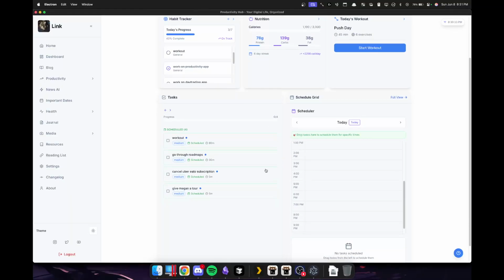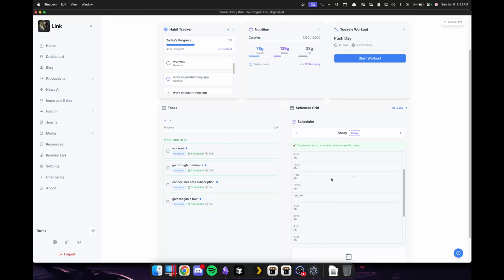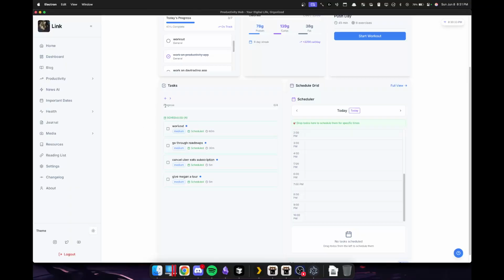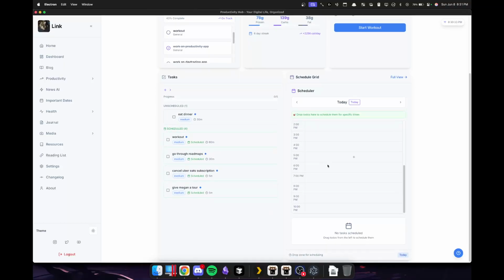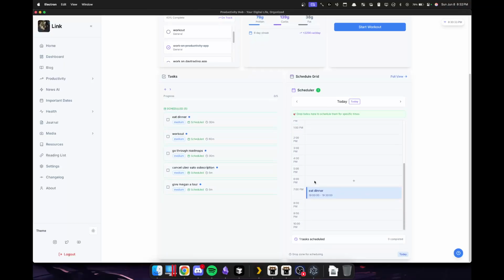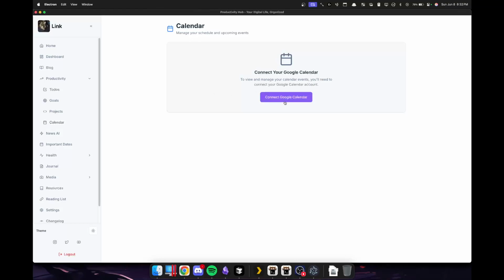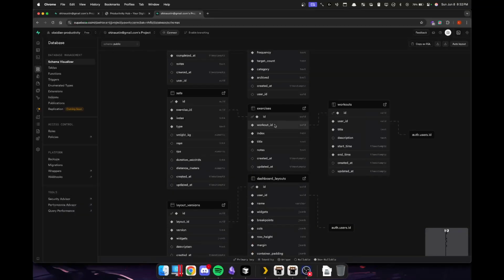Before it was kind of static, but now you're able to just drag through. So if I wanted to create a task like eat dinner, I can create it, and then I can drag it over here, and it'll populate. So it's a good way. This scheduling grid is only meant for the day-to-day tasks, right? It's not meant to be a calendar replacement, because most people will already have their own integration, and it's going to be done through